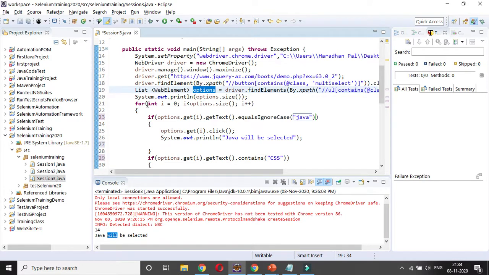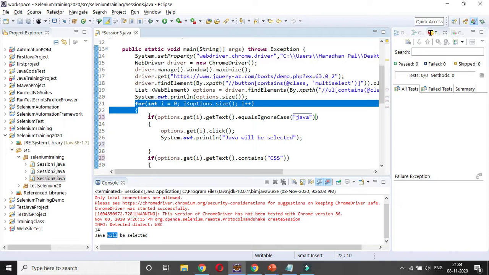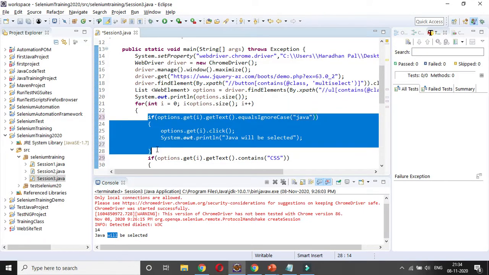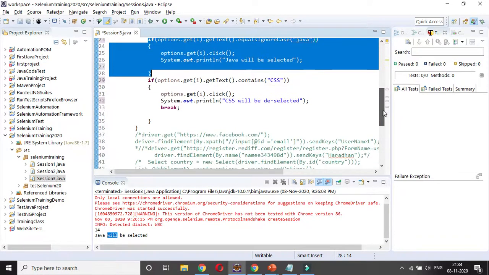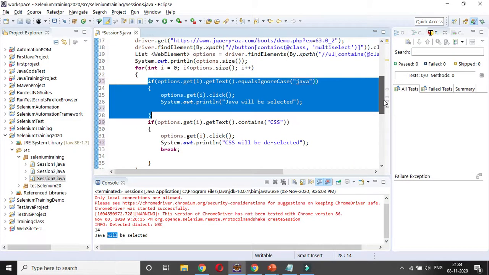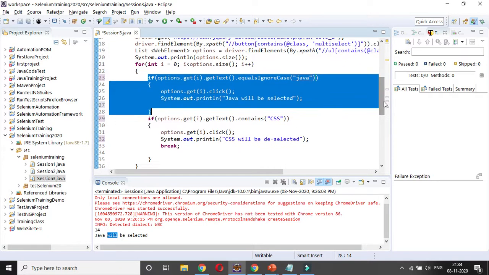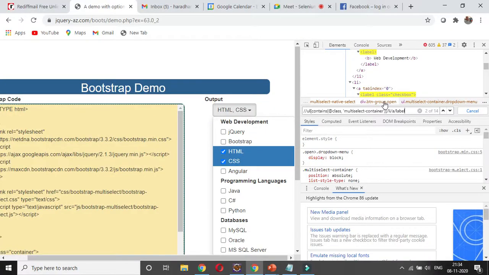Then I am iterating a for loop, and in the for loop, right, I have to use some if condition. If the condition is matching, it will check, it will uncheck, like that. So you can give a number of if conditions under the for loop. You can select, unselect, like that. So that's why you can select any kind of bootstrap drop down where no select class is available, only li and ul tag is available.